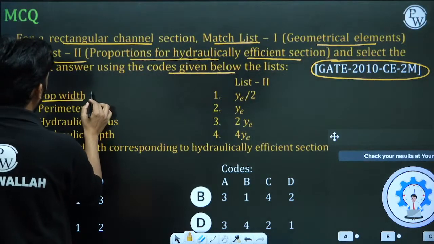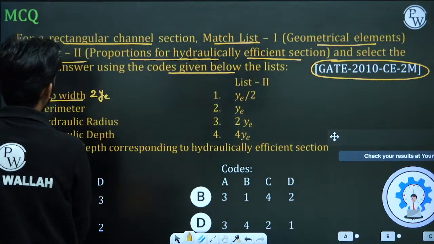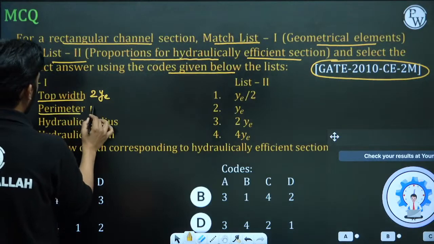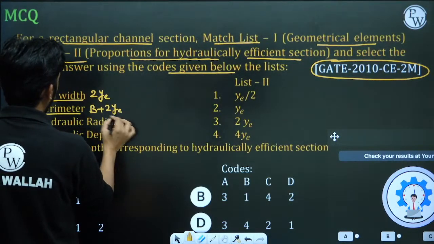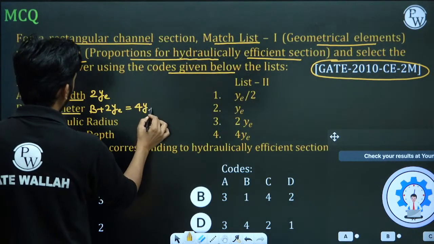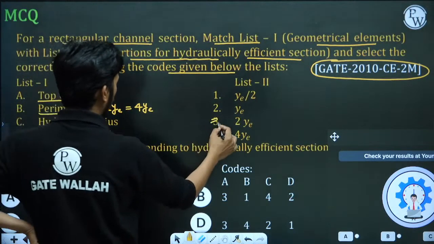तो टॉप विड्थ कितनी होती है? टॉप विड्थ होती है 2y, तो 2y ही कर दो। पेरीमीटर कितनी होती है? b + 2y, तो b + 2y क्या b = 2y होता ही है, तो फिर ये हो जाएगी 4y। इतना आसान है यार, 3 और 4 तो यही हो गया।